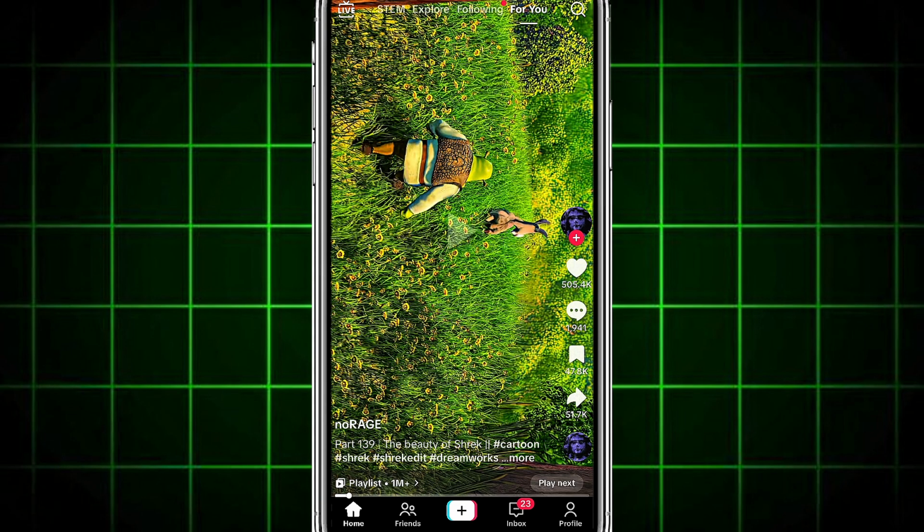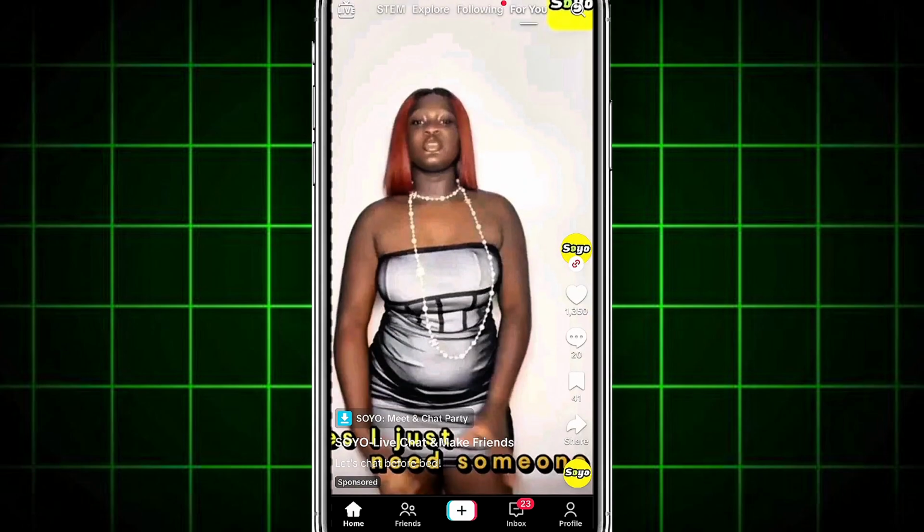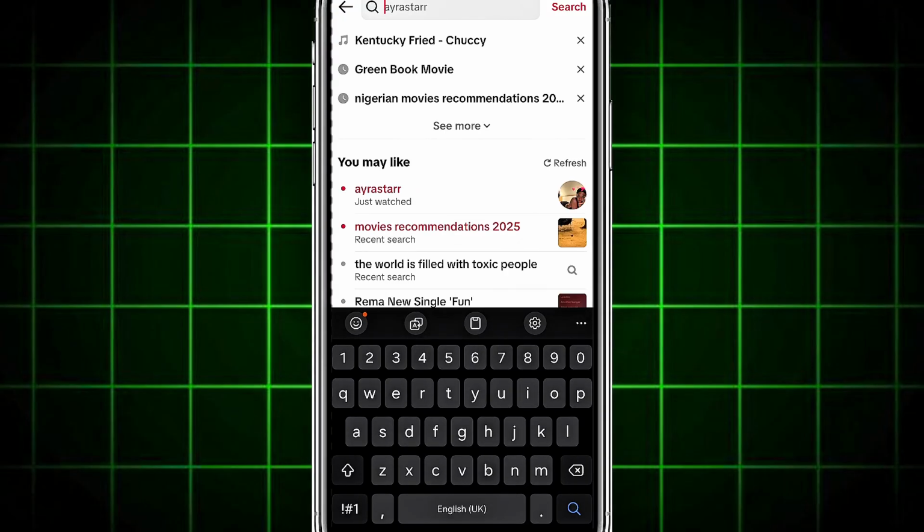Now you need to run a test before creating a new account. This is what you need to do. You need to upload a video that is very simple, a selfie video, and that video should have no text, no hashtag, and just be a short clip with a trending sound. Now how do you get a trending sound? You can go right here on your TikTok app like this, click on the search button and search for trending sound